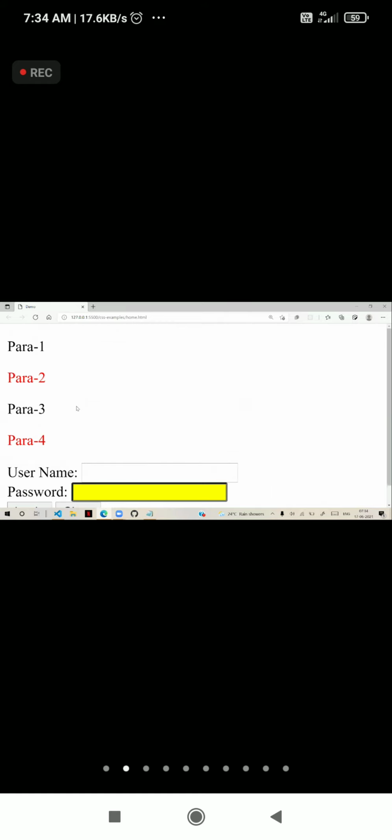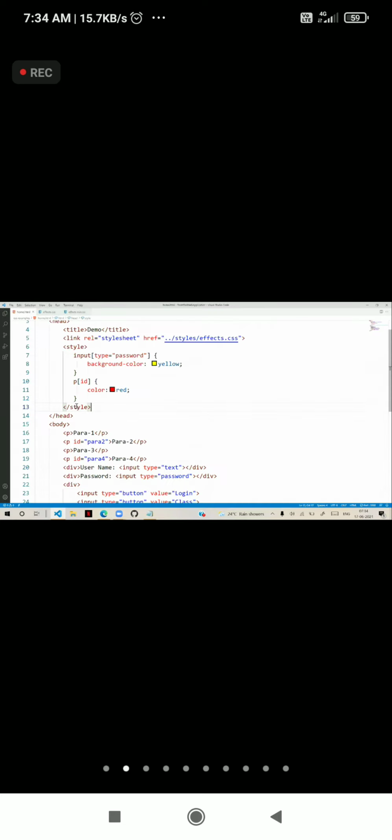Now, in this attribute selector, conditions are present. Here we define attribute equal to value. So this is the equal condition, it is exactly matching.